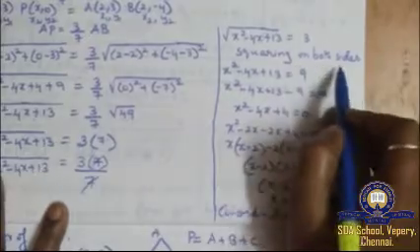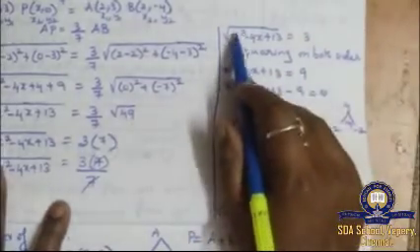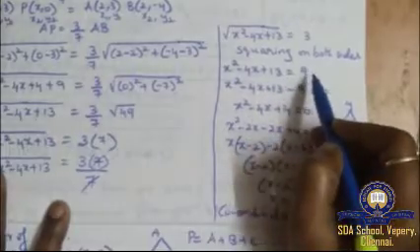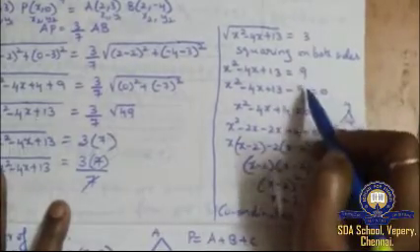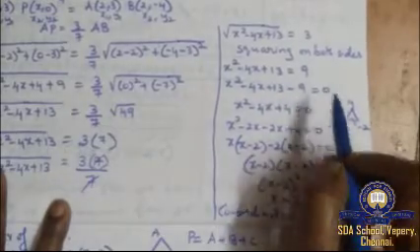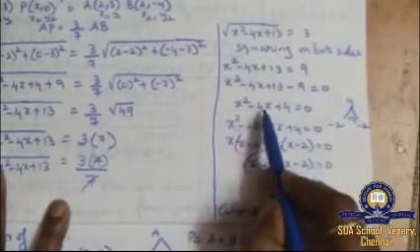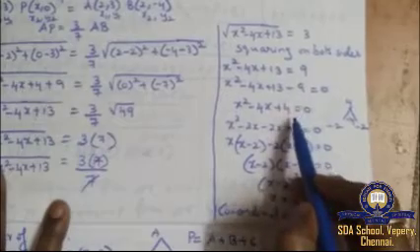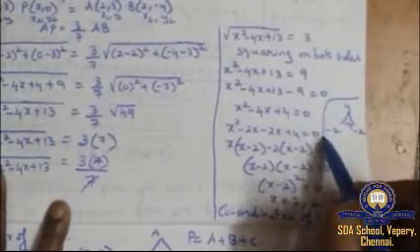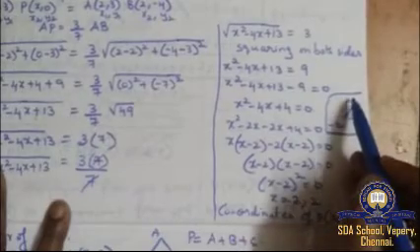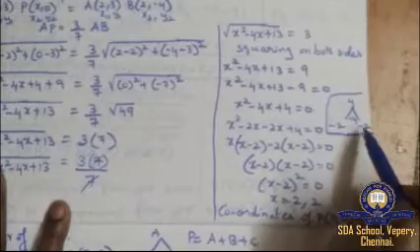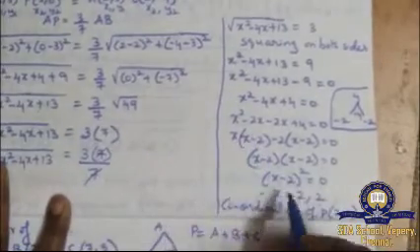After that, I am squaring on both sides. If I square, the root will get cancelled. x square minus 4x plus 13 is equal to, if I square 3, it will become 9. So plus 9, if it goes this side, minus 9 is equal to 0. Then next, x square minus 4x, 13 minus 9 is plus 4 equal to 0. Next, using the tree method, top of the tree is 4 and minus 4 means minus 2 into minus 2. So answer is x.